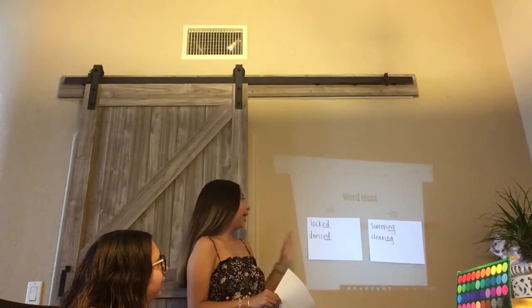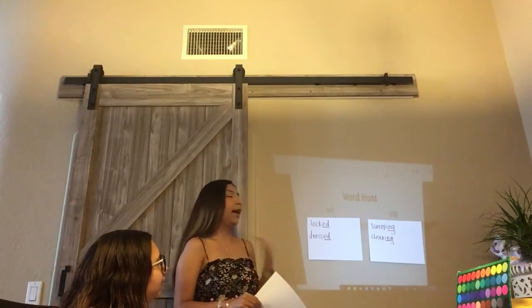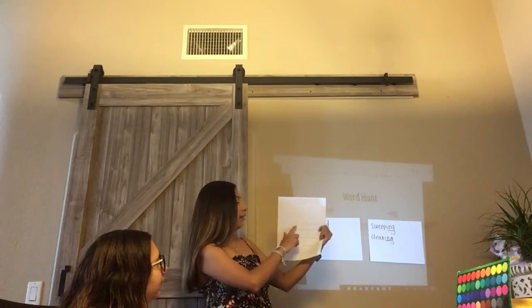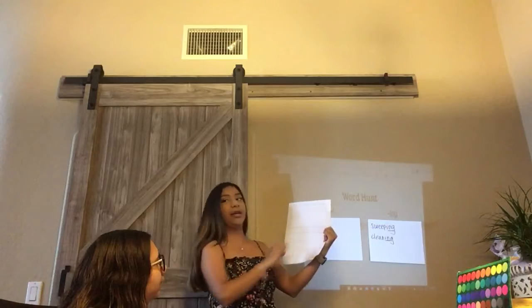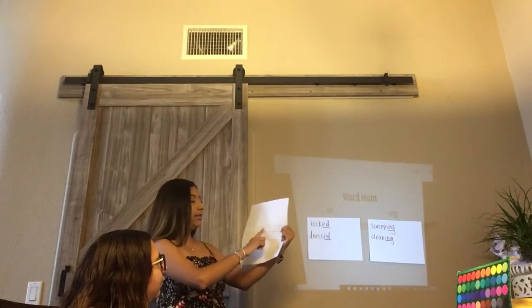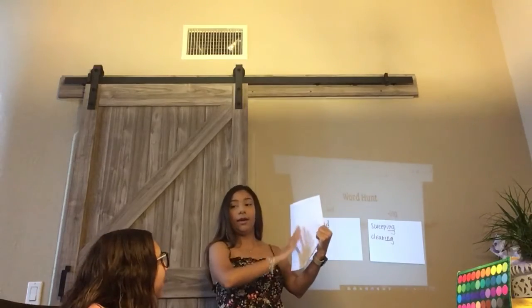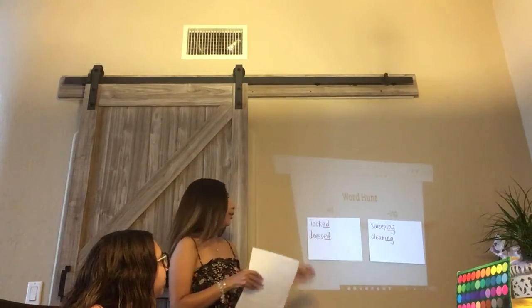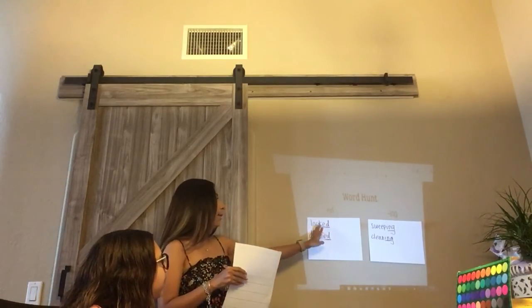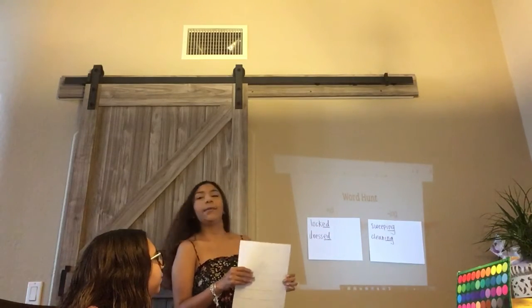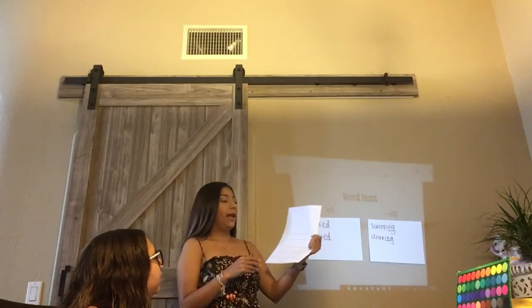So for example, if I pick the word locked, I'm going to make a sentence, and my sentence is going to be, I locked my door this morning. I'm going to write my sentence here on the lines, and then I'm going to draw a picture of me locking the door in the morning. So you're going to do the exact same thing, but go ahead and try to choose a different word or use a different sentence. I'm going to go ahead and walk around, and I'm going to help you if you need any help,